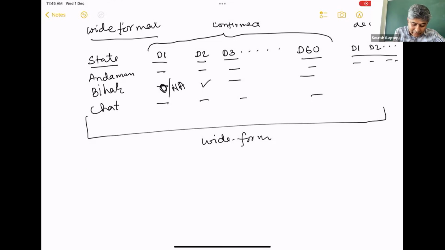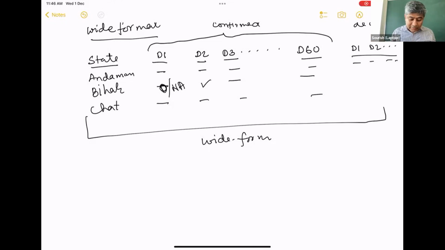Because from a pandemic perspective, it could be NA, it could be 0. Why am I saying so? Because the pandemic starts on day 2 in Bihar. So you cannot really say that it is actually 0, because the pandemic has not started in that place. The first case was observed on day 2. So should I do it as an NA? That is a question, and there is no correct answer.